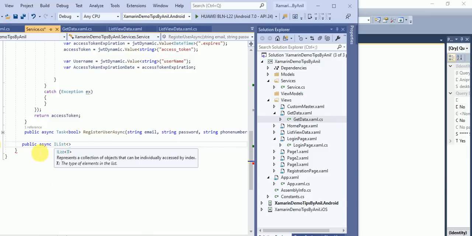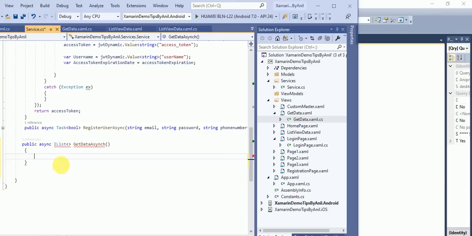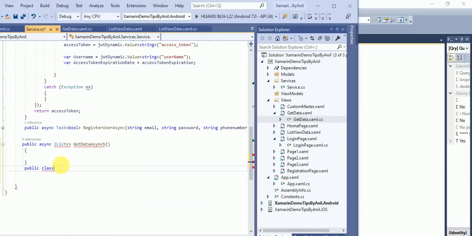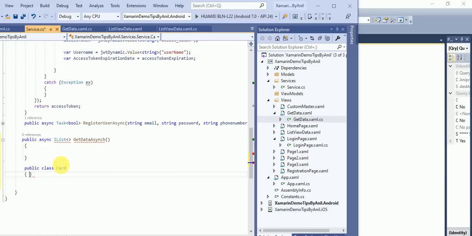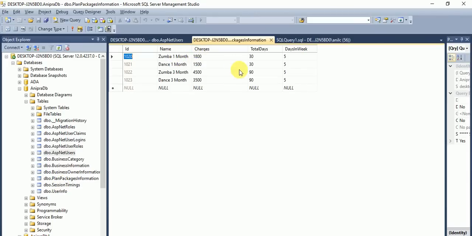Here we have to pass a class. So basically we create a class, a list, and get data async. Here we will create a public class, and the class name is, suppose, Card. In the Card we have a name, charges and total days.